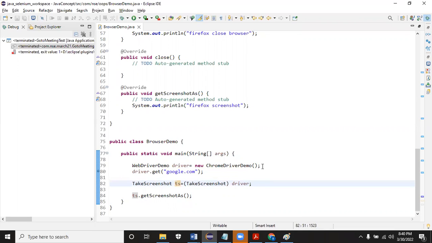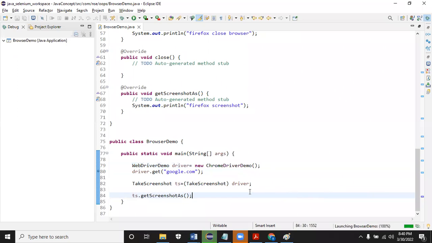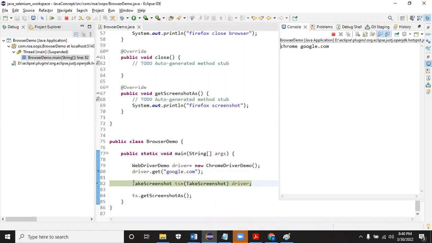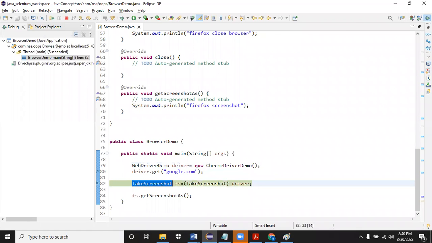Okay, can we store it like this? It is possible, right? New Chrome driver can be stored in TS, TakesScreenshot. It's possible, right? New Chrome driver is a child, and TakesScreenshot is the parent, so it's possible. So we can do a typecast during the runtime. It is valid. During the runtime only it will be calculated. You see here, what you need to understand is the relationship between TakesScreenshot and new Chrome driver. What is the relationship? TakesScreenshot is a parent.